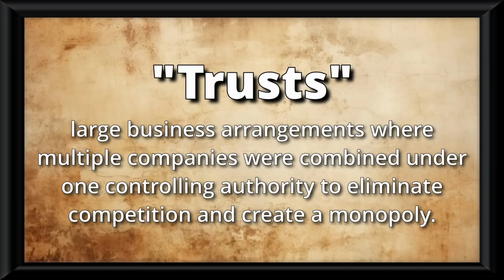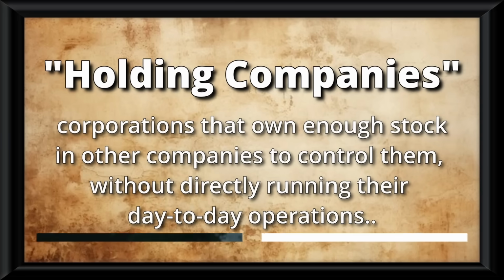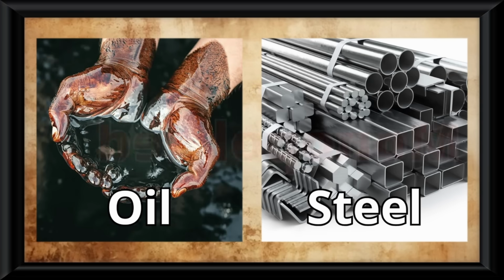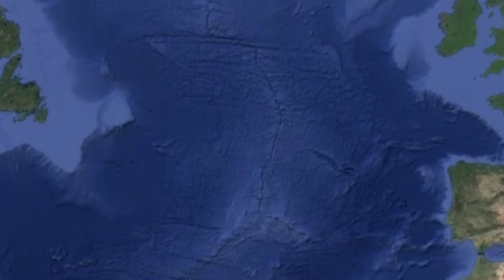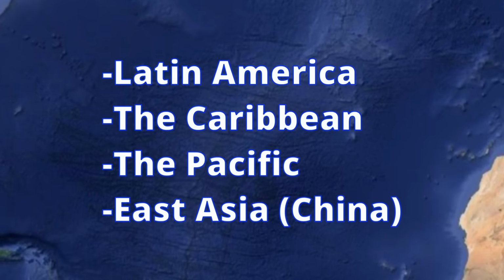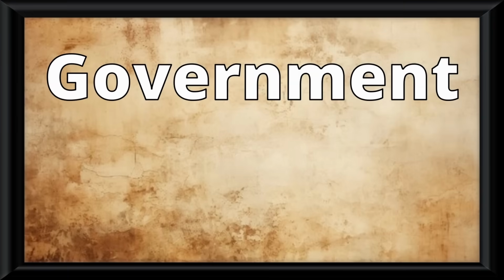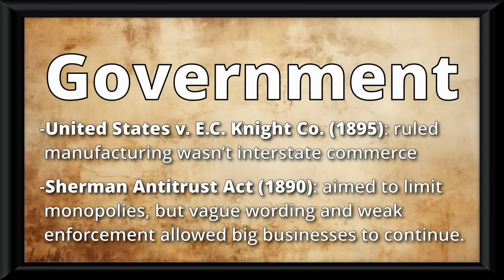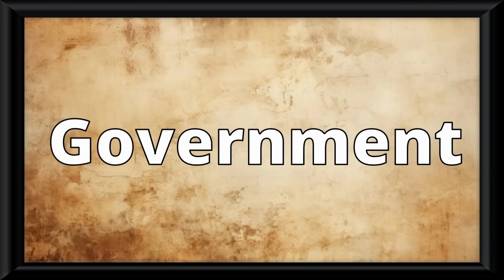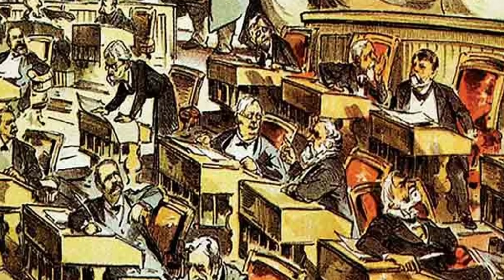Stuff like trusts were set up, along with many companies holding stock in other companies known as holding companies, which resulted in entire industries like oil and steel being completely monopolized. And these businesses would even seek out markets outside of America in all of these places on the screen, and this would be the economic prelude to American imperialism. As for the government, initially what we see are weak Supreme Court decisions and the poorly enforced Sherman Antitrust Act, which meant the government really couldn't do anything to combat this Gilded Age. And yes, it is definitely fair to say that these corporate giants used their deep pockets to influence American politics.